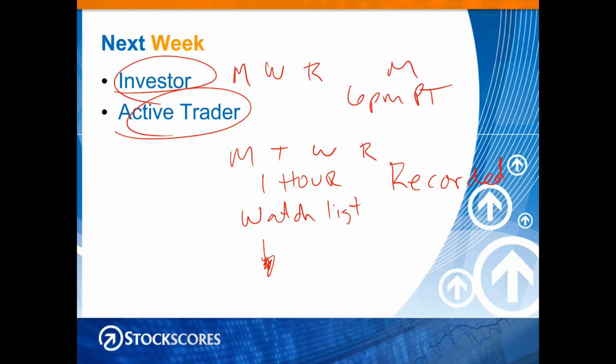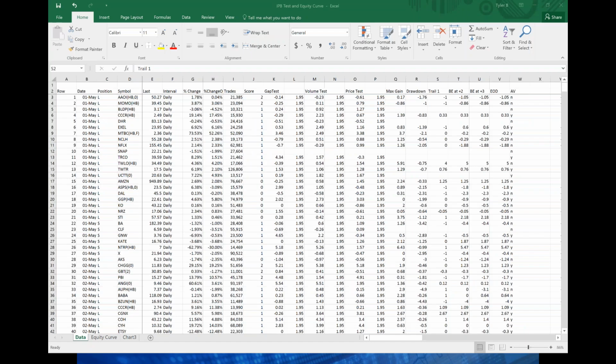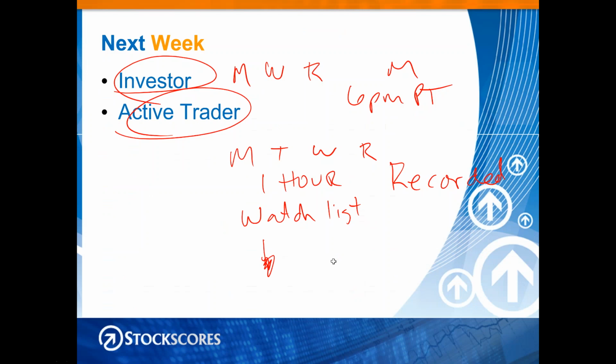Monday, Tuesday, Wednesday, Thursday is Education Week, and then for the rest of the month, I'll build the watch list. I talk a little bit, not a lot. I can answer questions if you have them. Generally, I'm there for the first hour and a half or so. Each day, we will review the trades from the previous day. I will show you the spreadsheet that I built, which I bring up every day. We look at what the RR was for the day, what stop worked the best, and just some little things that I notice to help you guys. And then we do the trades.